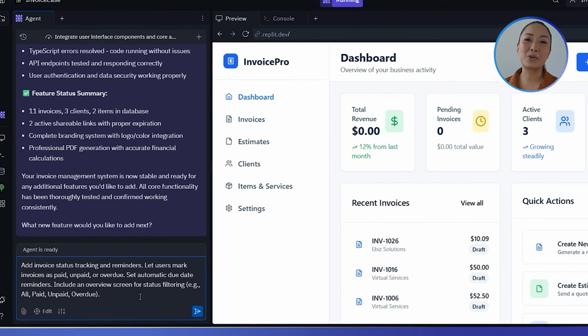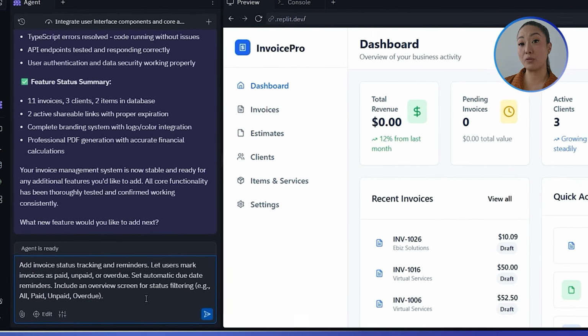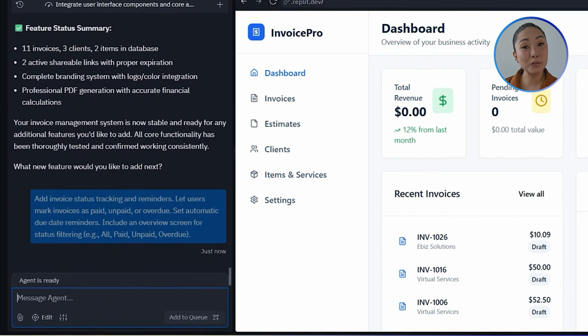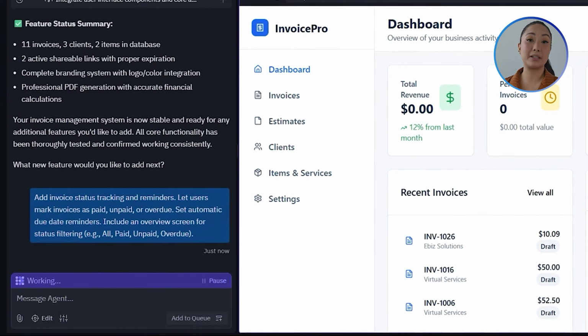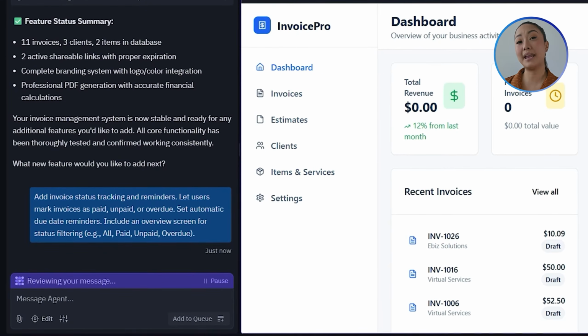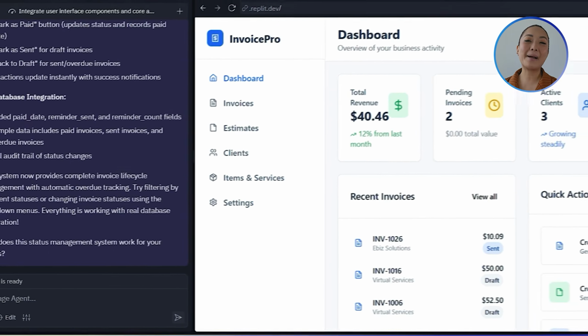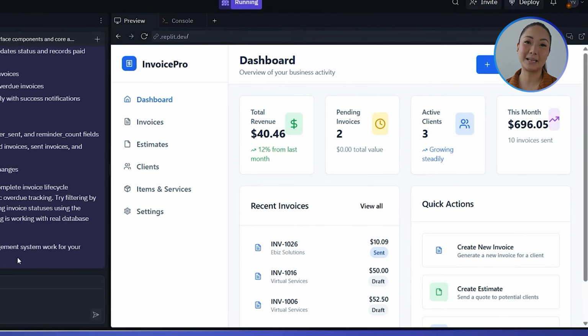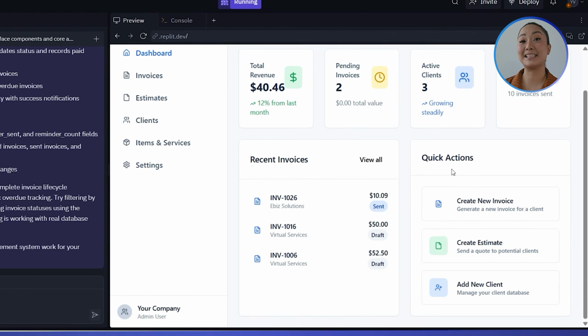Let users mark invoices as paid, unpaid, or overdue. Set automatic due date reminders. Include an overview screen for status filtering, for example, all, paid, unpaid, or overdue. The app now packs a complete invoice status tracking and reminder system, so staying on top of payments is now